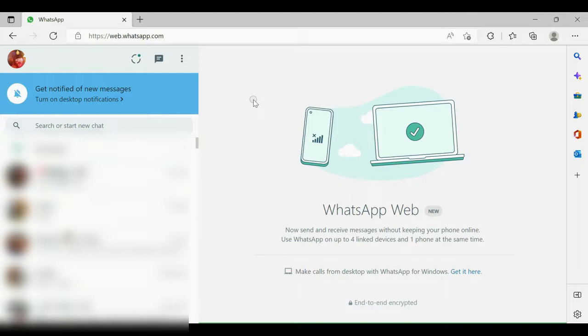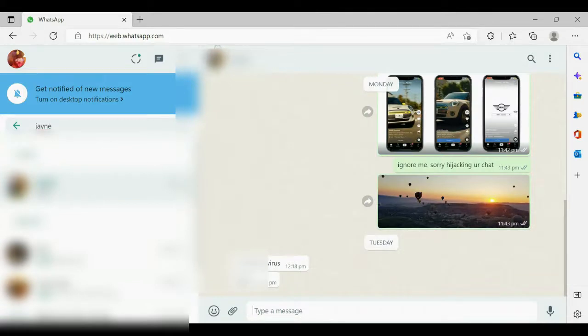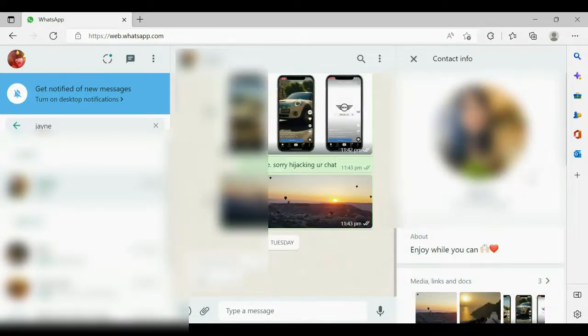So before we start creating a sequence in UiPath to automate the download process in WhatsApp, let's look at how we would normally download an image from a chat without the automation. So what I would normally do if I want to download an image from one of the chats, I would find the person. I can search the name of the person in the search bar, and then I'll click on the chat, and then if I want to find all the images that person has sent to me or I have sent to them, I'll click on the profile details, the image of the person,